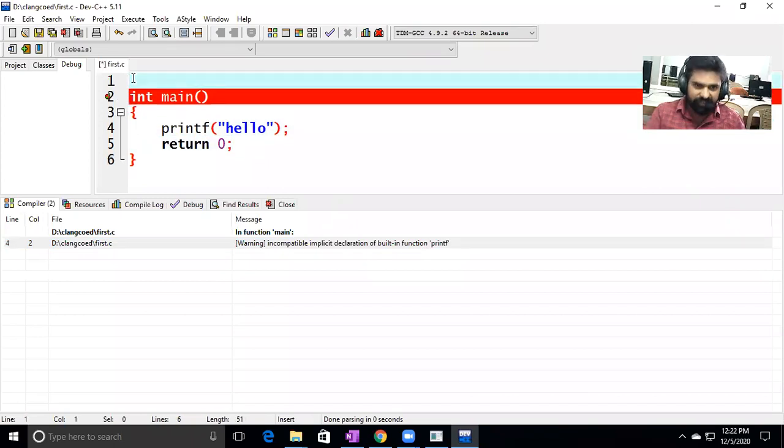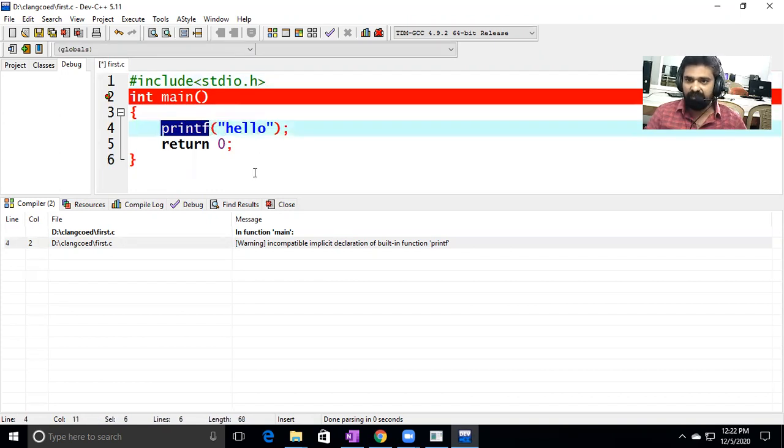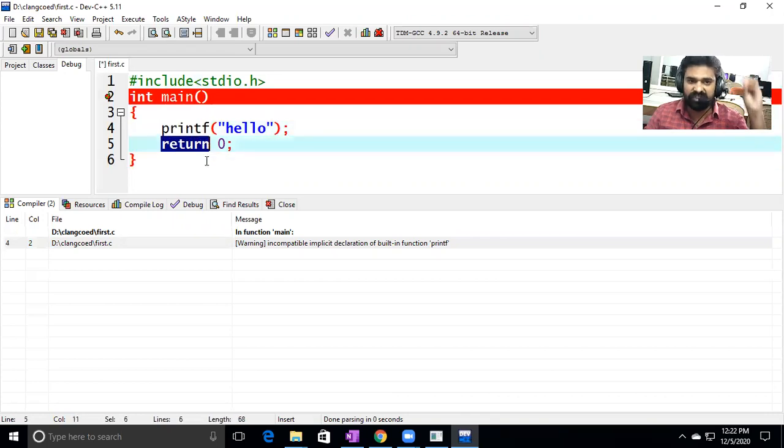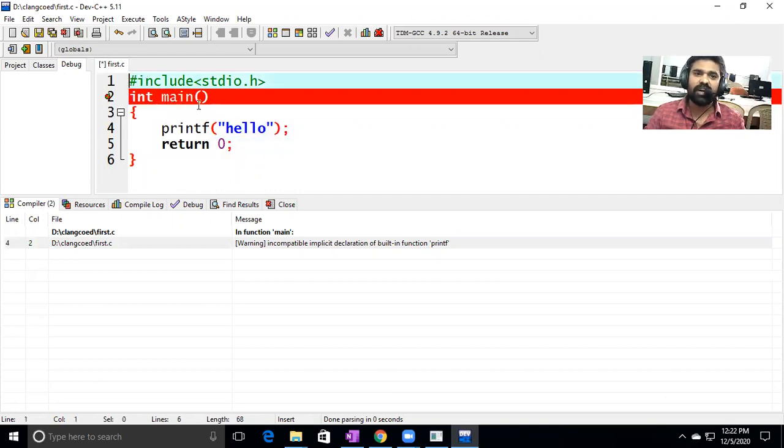So when we use the printf function, we must write #include <stdio.h>. We must write it in small letters. Remember this. Function names also. I'm not writing in lowercase for style. We must write lowercase letters only. Every function name we write in lowercase only. Return is a keyword. We must write it in lowercase only. Main is the function name. We must write it in lowercase only. Lowercase means small letters. So write the code in small letters.